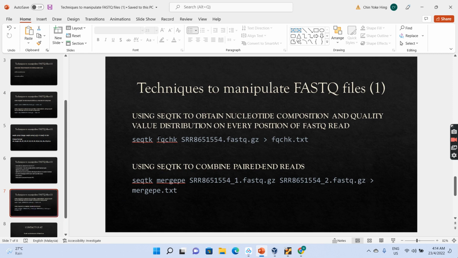And then after that, if you have paired-end reads, read number one and read number two, in this case, you can use seqtk mergepe to combine read 1 and read 2 into a single sequencing data file. To combine the files, we can use seqtk mergepe. So just type